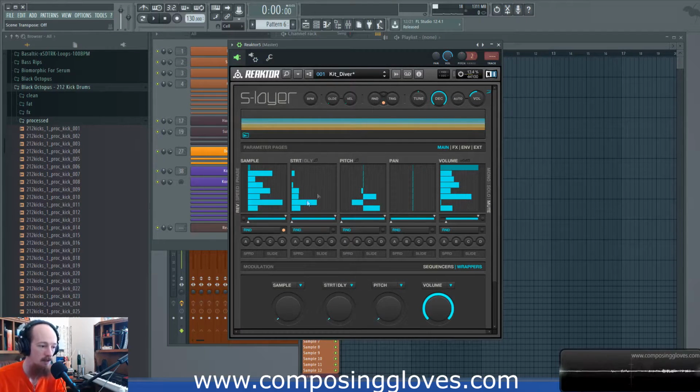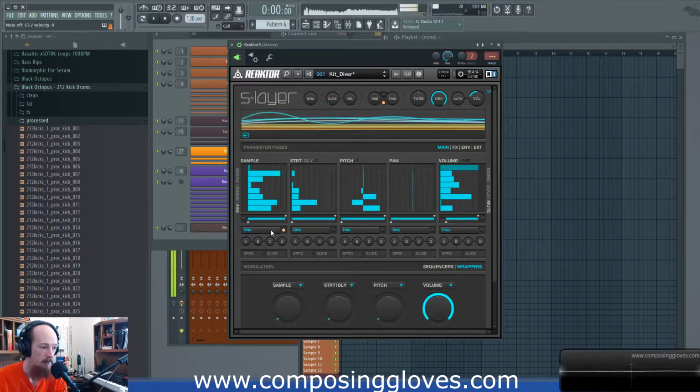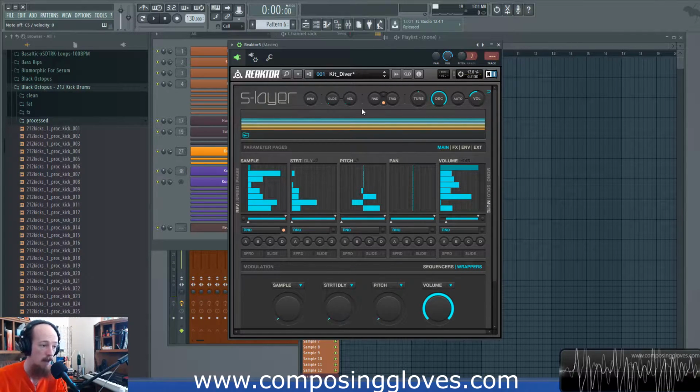You have the ability to randomize things. So we have various parameters. This one selects the samples that are being played. And so if I were to hit this and then hit it again, you see it's picked different samples, but I can also randomize it using the randomize button down here or the one up here. And this one will randomize anything that's got an orange dot next to it. So I can do that,